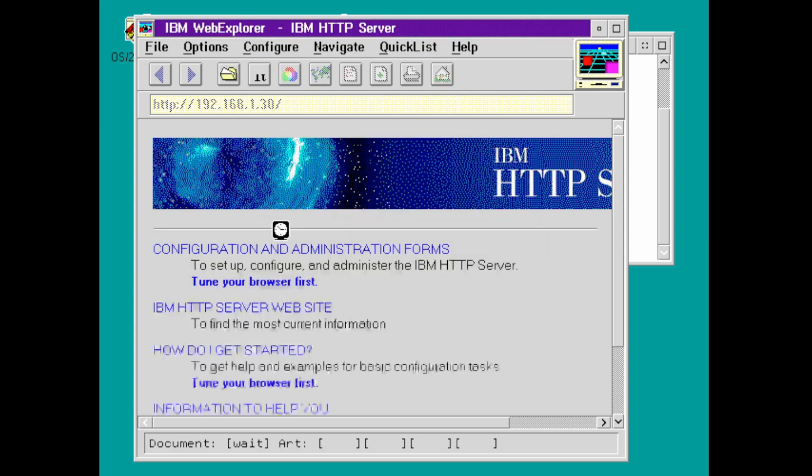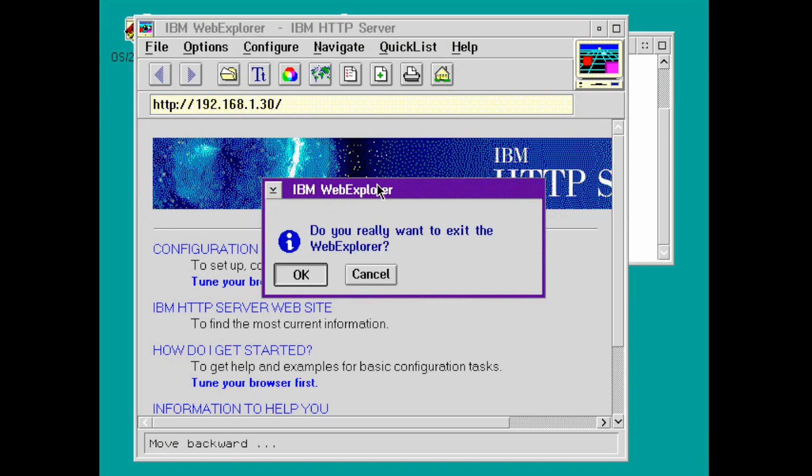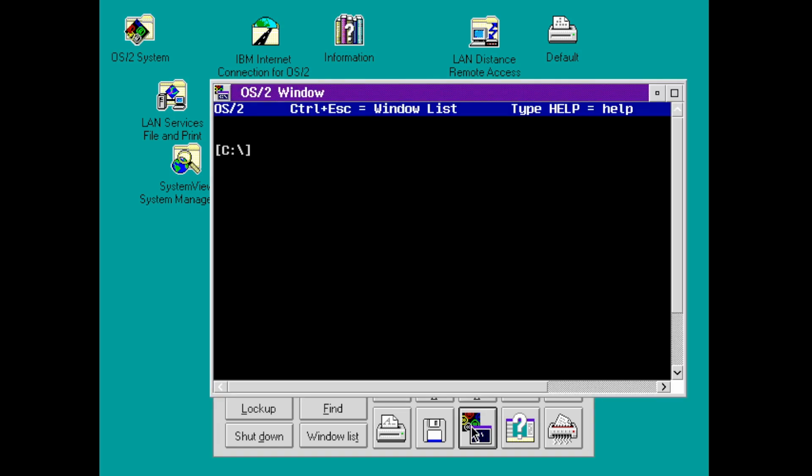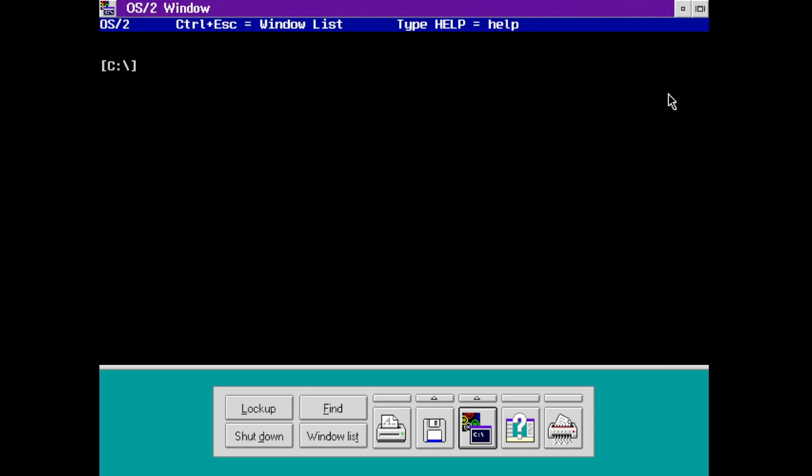I don't even know what that is. I don't remember what I set that to. Anyways, that's the Web Explorer. Now, let's get networking. So what we're going to do here is first we're actually going to switch over to